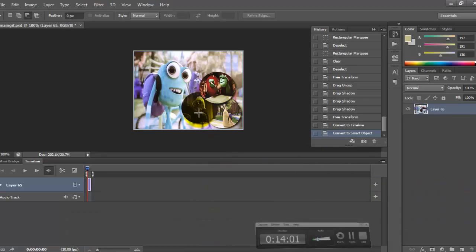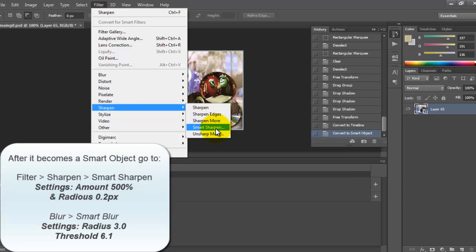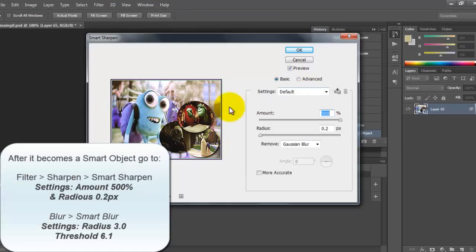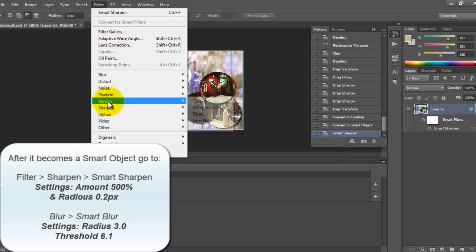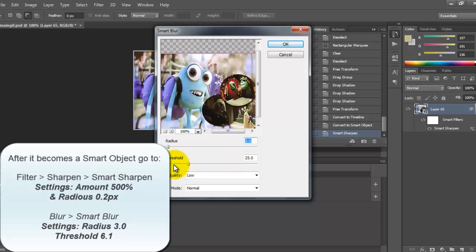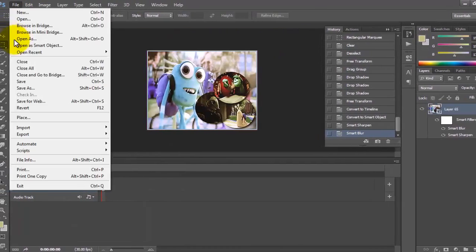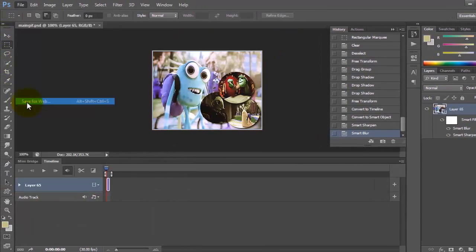and I'm at one last minute. Okay, and the quick things that I do is I go to filter, sharpen, smart sharpen, and you see how it makes it look all nice. I do yes, and then I do smart blur, so we're just under blur, and sometimes the threshold automatically is too much, and so I like to do it like around the 6 range. Just press OK, and then go to File, Save for Web,